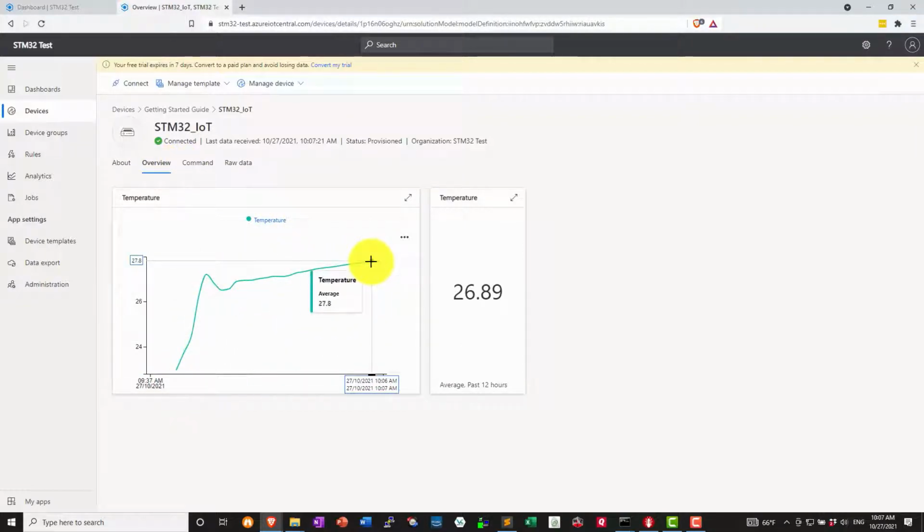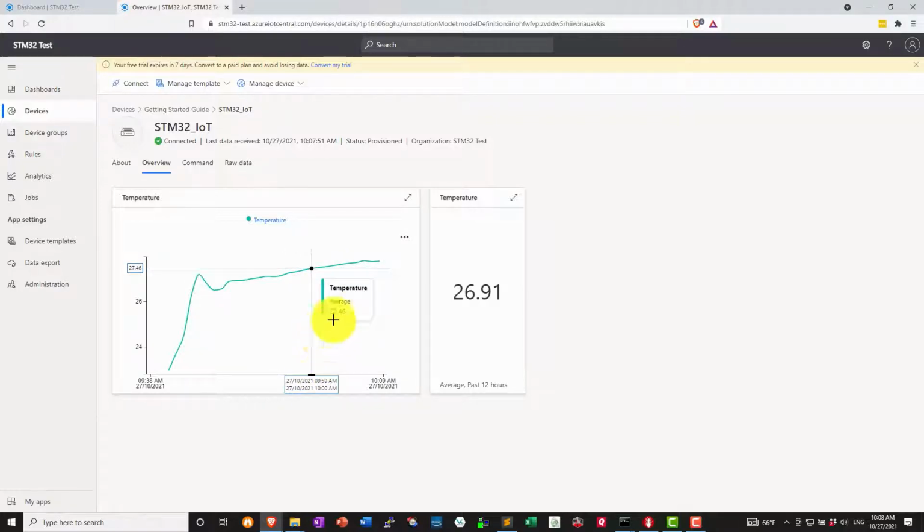Now, of course, I ran this example before I actually did the recording just to make sure everything would work the way that I expected it to. But you can see here the temperature slowly ramped up, and then it's kind of stabilizing, going up a little bit higher. So my board has been running for a little bit here. I'm not 100% sure if it's actually fake data or if it's actually an onboard temperature sensor. Given that the board really doesn't heat up that much, I'm not sure where it's grabbing the temperature sensor. I wouldn't expect a 3 or 4 degrees Celsius increase, which is why I thought it's probably fake data,